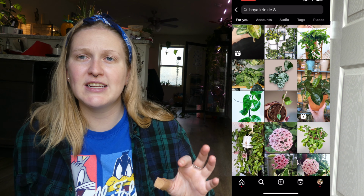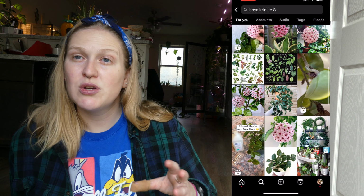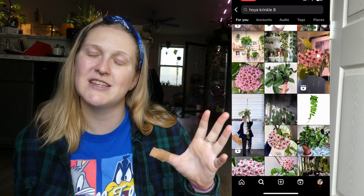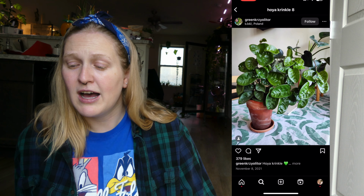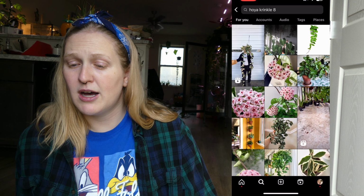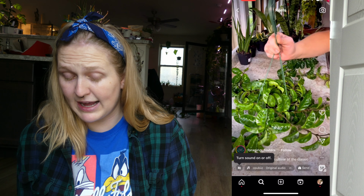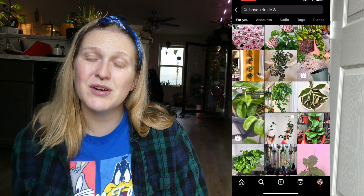When I get Hoyas, I like to get them in smaller pots, like maybe 2 to 4 inches, because I like seeing them grow on my own. I also don't have a ton of space, so I like to start plants really small and see them grow. Also, then they tend to acclimate to my house a little bit better. I have very low humidity here in Tennessee, in my house currently, but yeah, Hoya Crinkle 8,